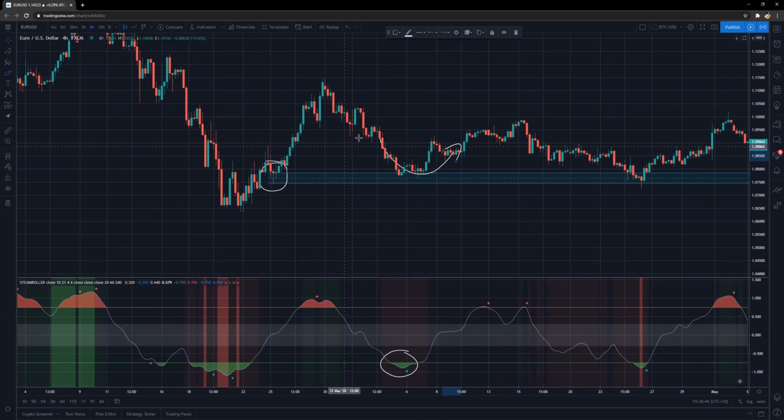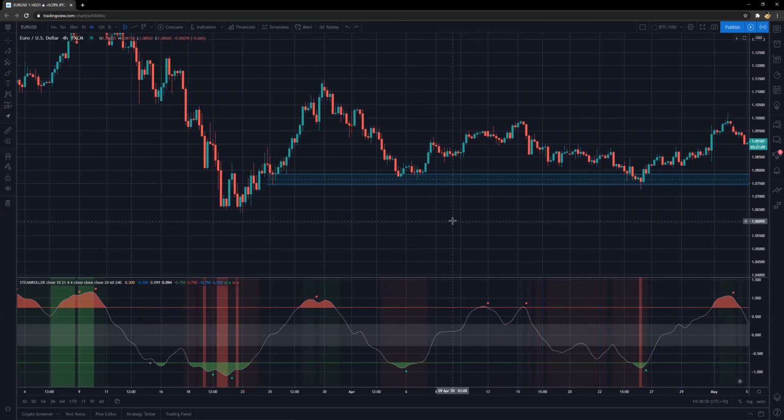Yeah, and this is something that's so simple and so powerful, just the levels of supply and demand. What I'm referring to here is, when we get Steamroller saying, hey, we're getting close towards the end of this parallel channel, you might be stuck in a position going, well, I don't want to exit there and I don't want to enter here. That goes against the grain of why Steamroller was created, to help you spend less time in front of the screens and give more accurate